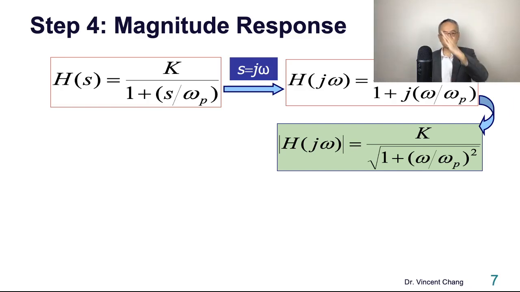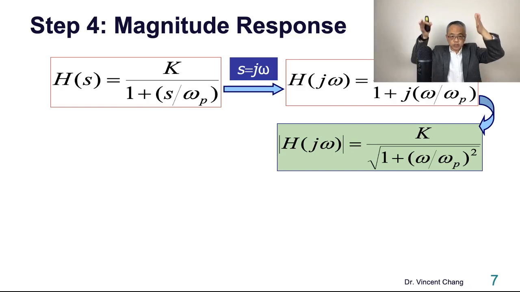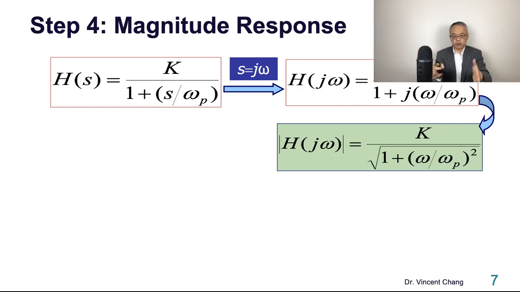So just take a square root, right? Real part, 1, 1 squared is 1. And then the imaginary part, squared. And then take a square root. So this is the magnitude of the complex transfer function. We use the absolute sign to represent the magnitude of the transfer function. But this is the linear scale. But in almost all cases in electronics,